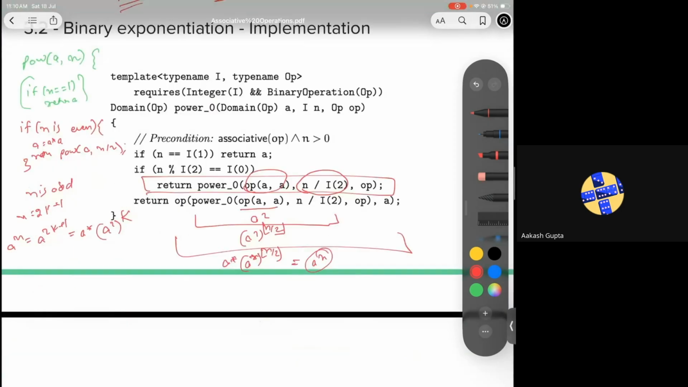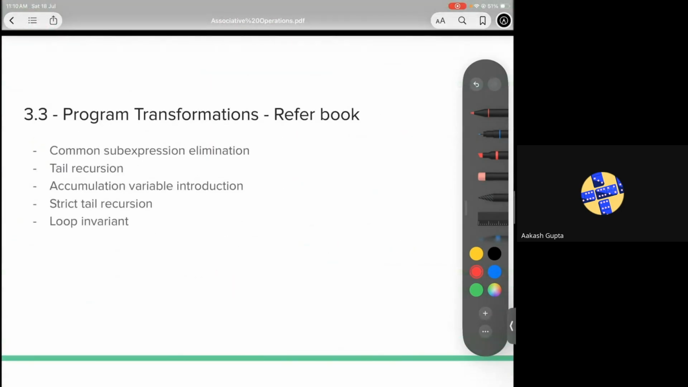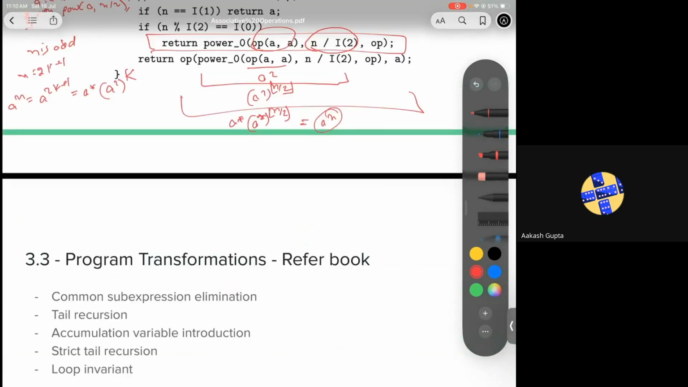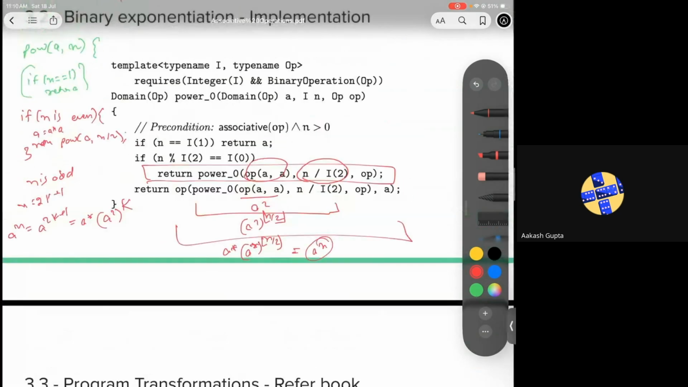Okay. So now let's go to the next section. And this is simply program transformations. This section covers various terminologies which are used to convert recursive